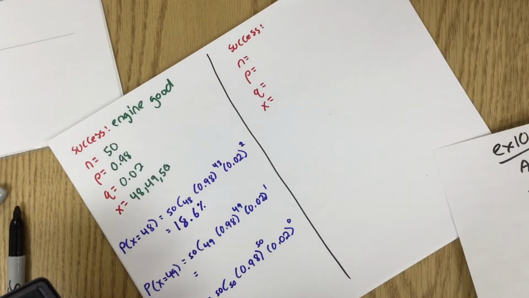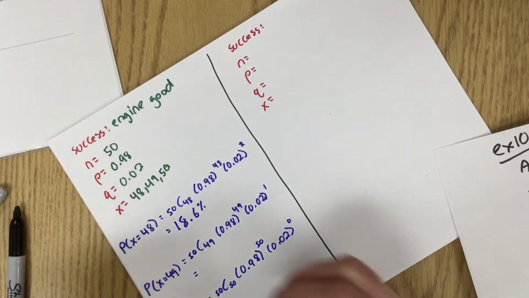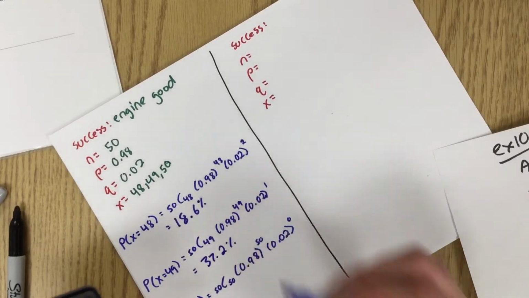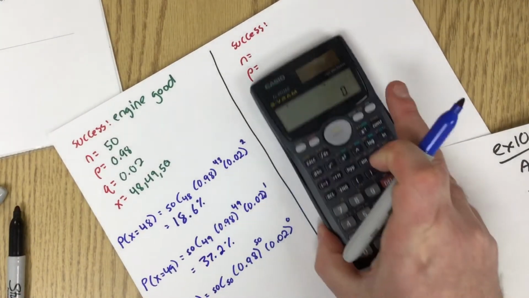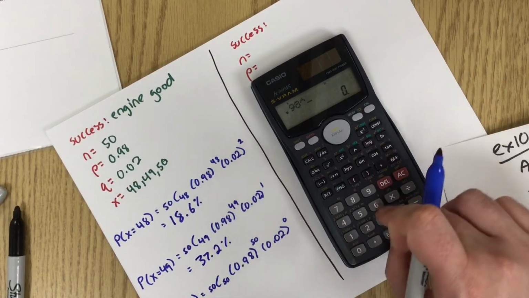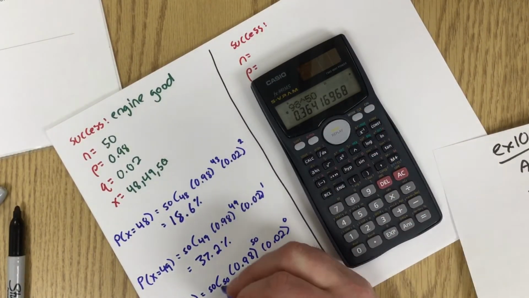And then we're going to have 50 choose 49 times 0.98 to the power of 49 times 0.02, which is going to be 37.2%. And then we're going to have this one, 50 choose 50 is 1, so it's really just 0.98 to the 50, which is going to be